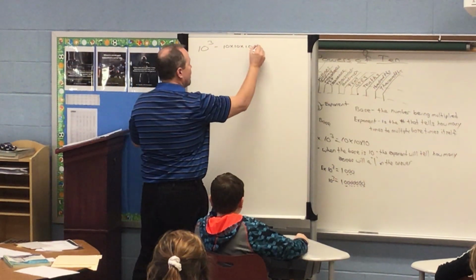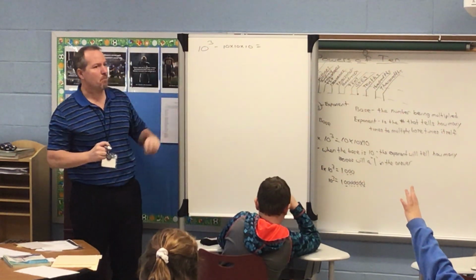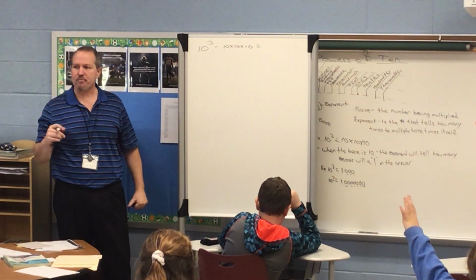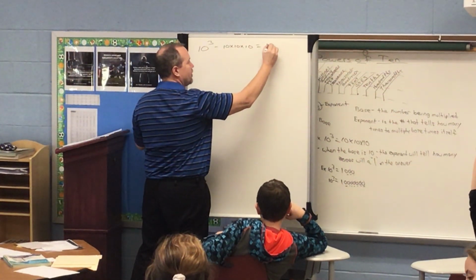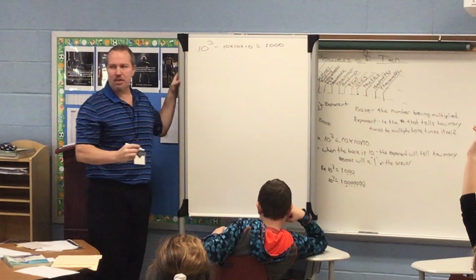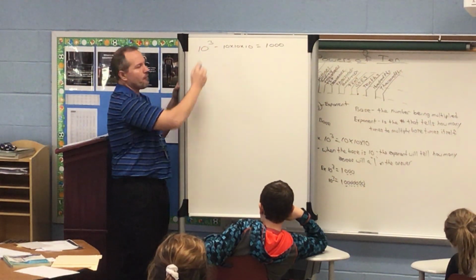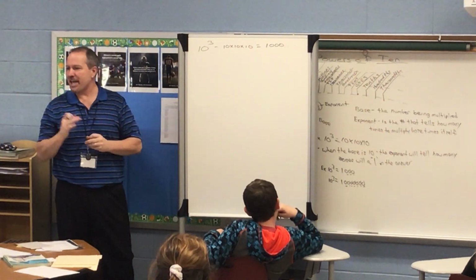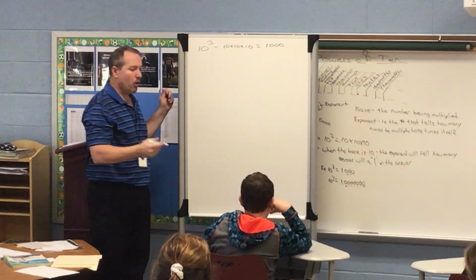Now, what does that actually equal? Well, when we have 10 to the third power, we said that you could do what, Henry? Put in 1, and then add 3 zeros. Okay? 1 zero for every one, for the exponent, whatever the exponent is, 1 zero for every number. Okay? So, on your boards,